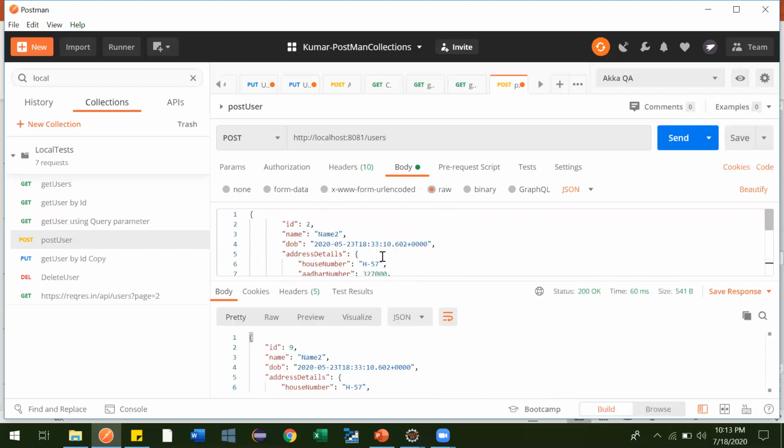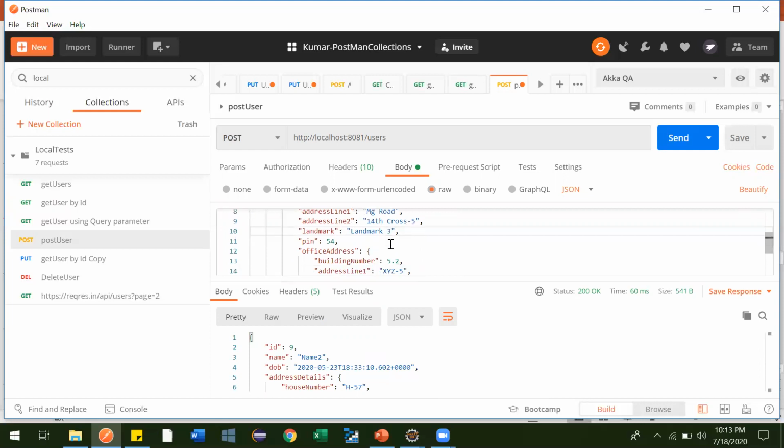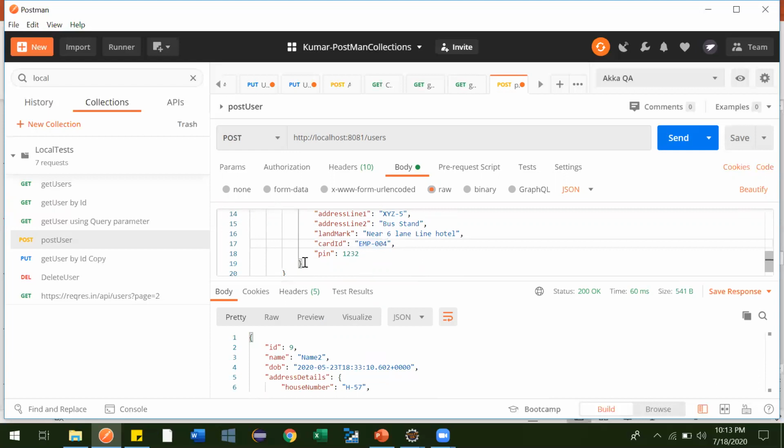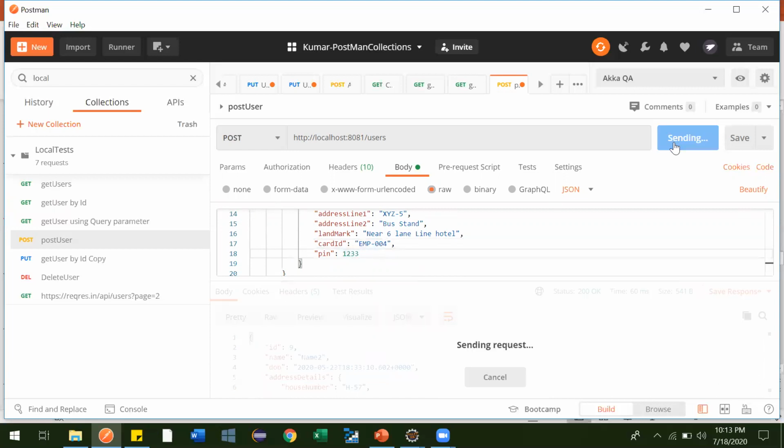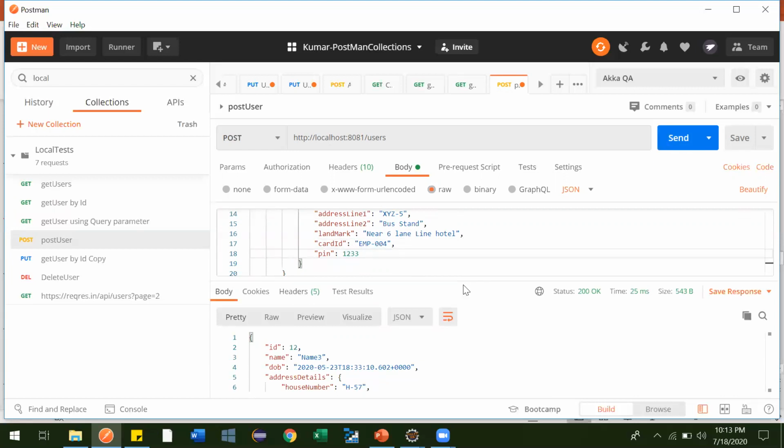Now let me add one more. Make it name 3, landmark 3, and the card ID we'll make 4, because for the first employee it was already there. So this is what we inserted, a couple of objects. Now we have added all three users.